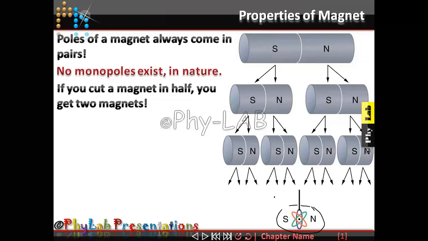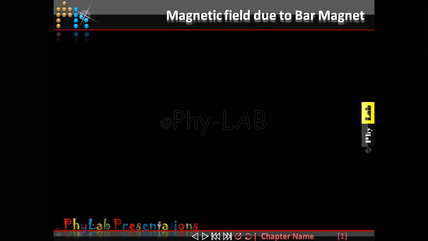Another very important thing that you all should understand is that the dipole is very basic or general in nature. So every magnet has two poles. No monopoles exist in nature. Kindly take care about this fact. Now,